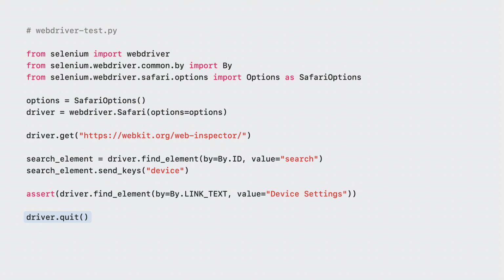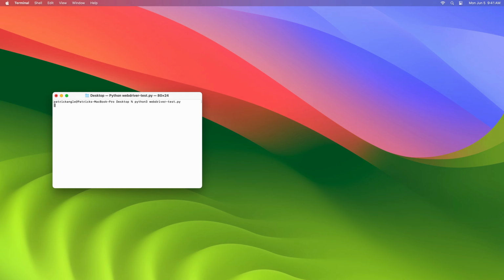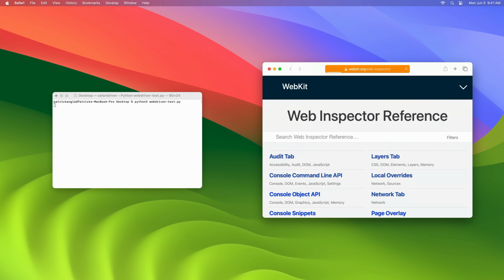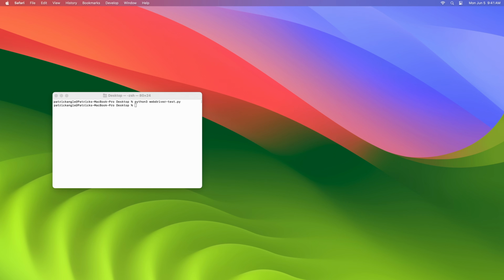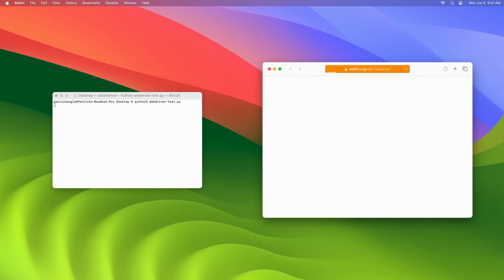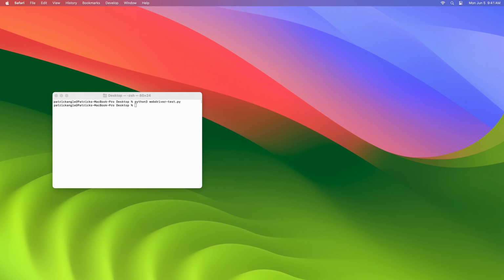And when we're all done, we'll end the automation session to allow Safari to clean up the window we opened. Let's run this script. A new window is created with an orange title bar, indicating this window is being automated. We can see that the test performs interactions like typing just as a user would. Believe it or not, that was slowed down to make it easier to see what was happening. At full speed, the test is over almost as soon as it began.